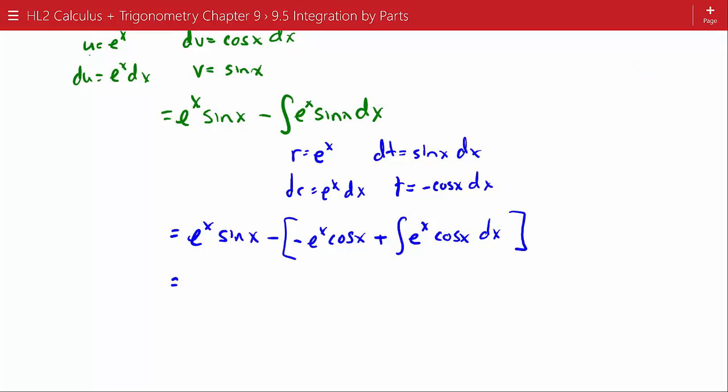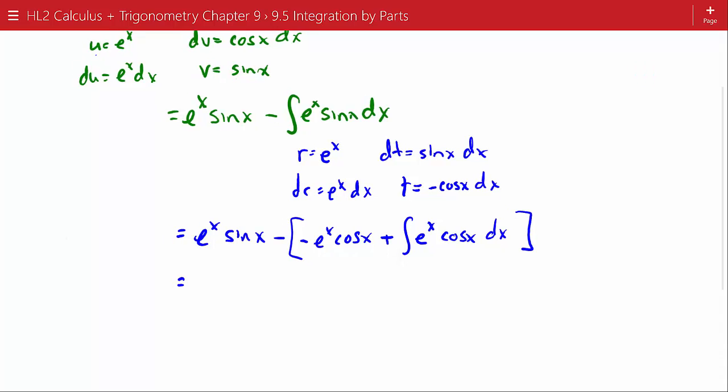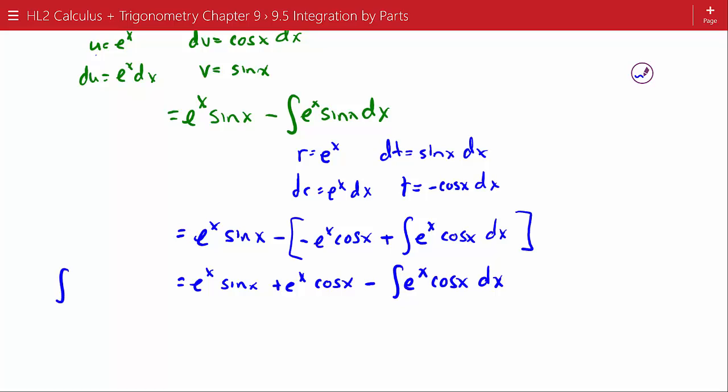So cleaning this up a little bit, we have e to the x sine x plus e to the x cosine x minus the integral e to the x cosine x dx. And if you've been paying attention, you're thinking, well, hold on a second. We started out with the integral of e to the x cosine x dx. And now we're right back to where we were. We did our integration by parts twice, and now the integral is exactly the same as what we had to